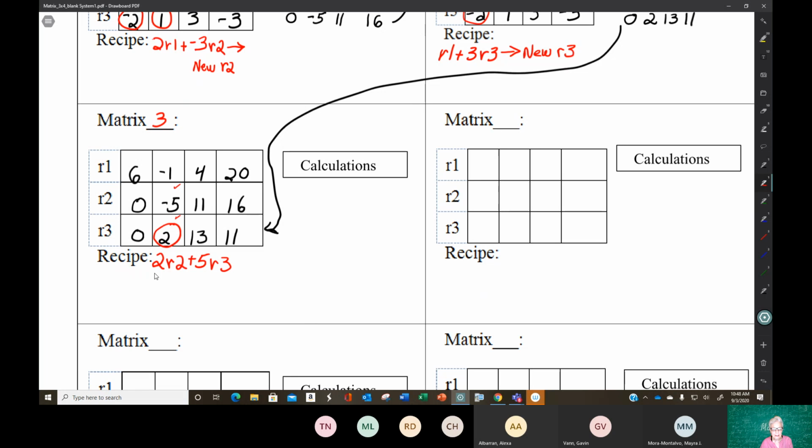It's kind of bothersome that these are going to give me bigger numbers, especially with the 5, but I can probably live with it. Maybe. Okay, so let's do this, and this is going to become the new row 3. Again, I'm going to have a new row 3 because I needed to change this position, and then I needed to change this position. So here we go. 2 times row 2